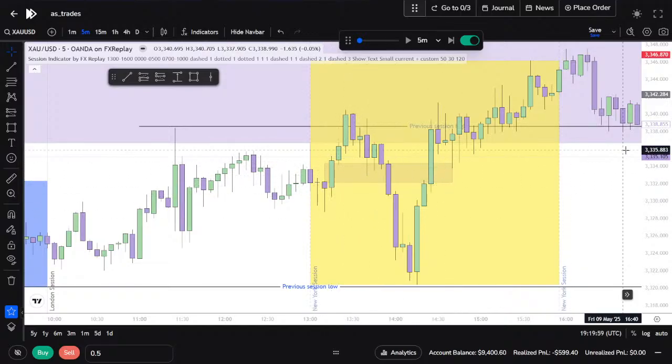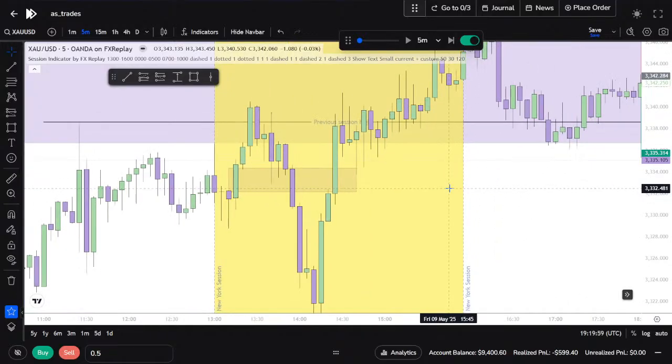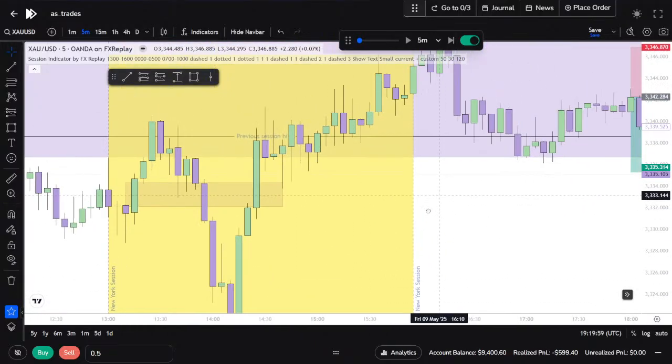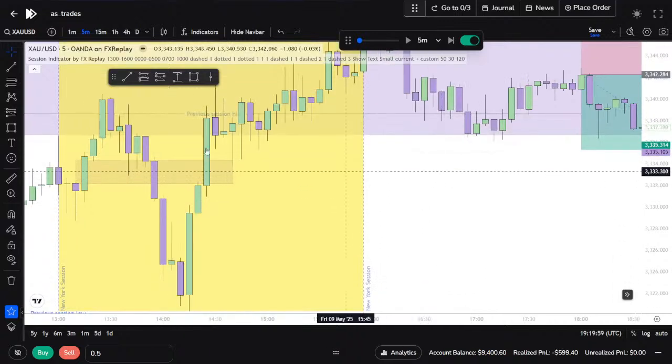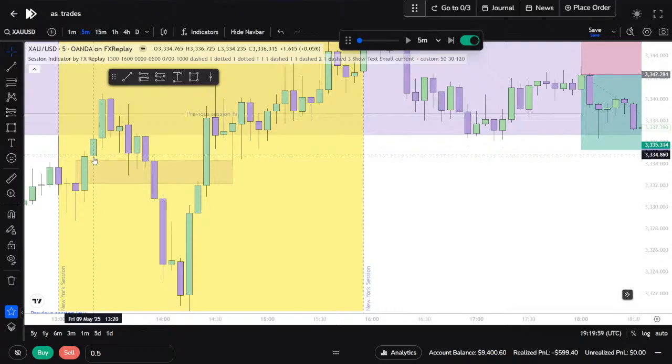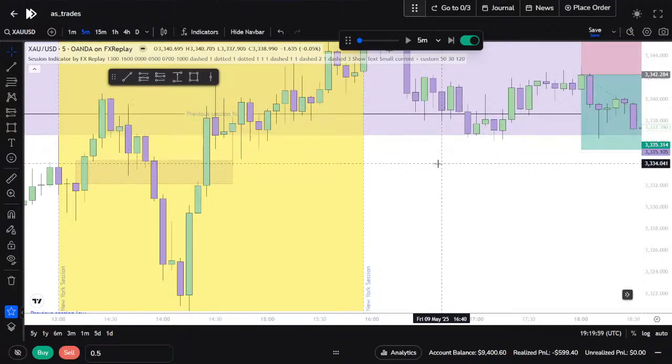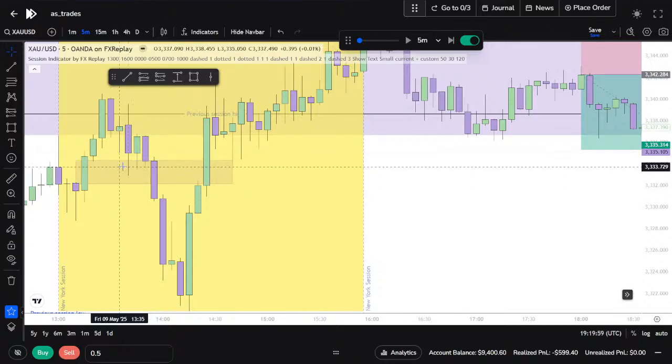It's a 5 minute fair value gap. I marked it out here. I waited to see if price would respect it, and I hoped that it wouldn't, right? It respected it in these three candles, so that was kind of going against the game plan, so I didn't really take the trade.